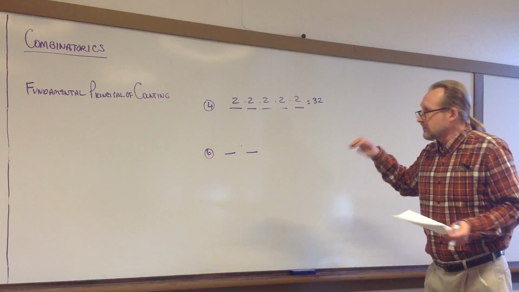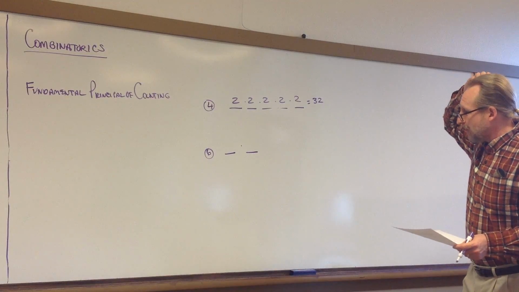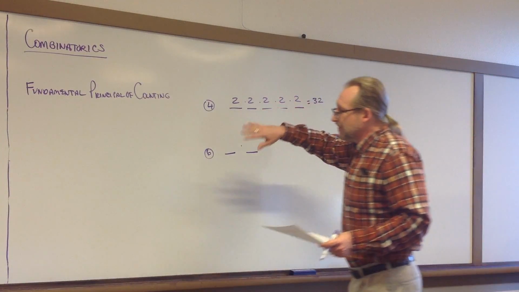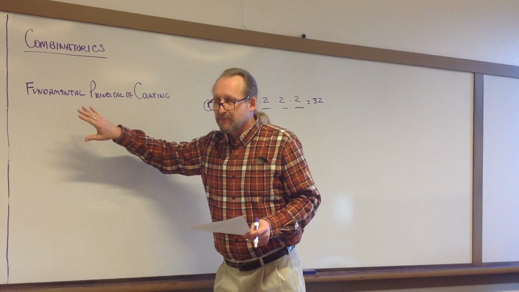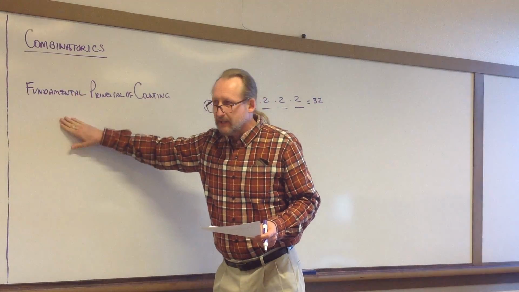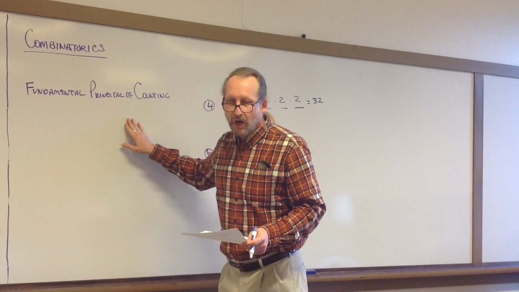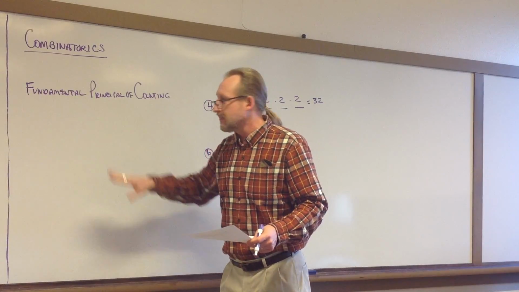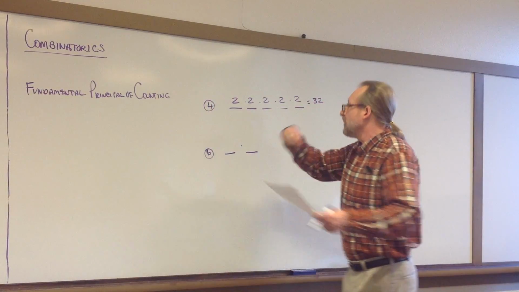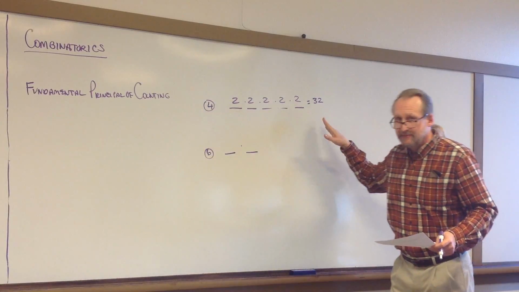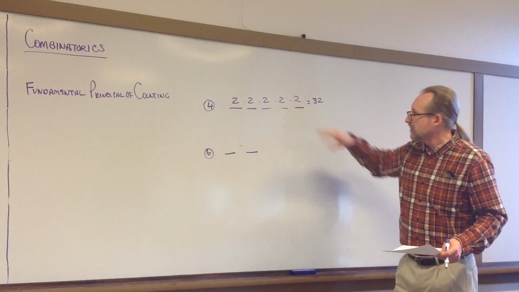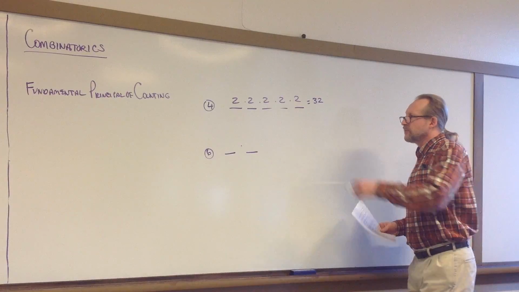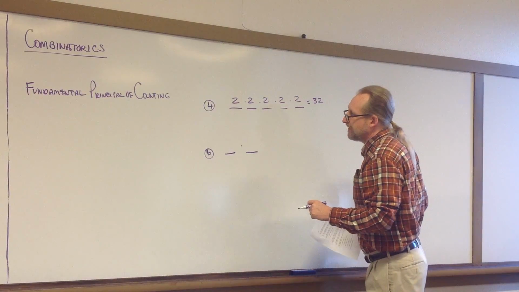So this is just a method that I use when I'm doing these problems, right? The fundamental principle of counting says if one thing can be done in X ways, something else can be done in Y ways, then the number of ways they can be done together is X times Y. And we can extend that if we're doing something 5 times, right? Then we'll be multiplying